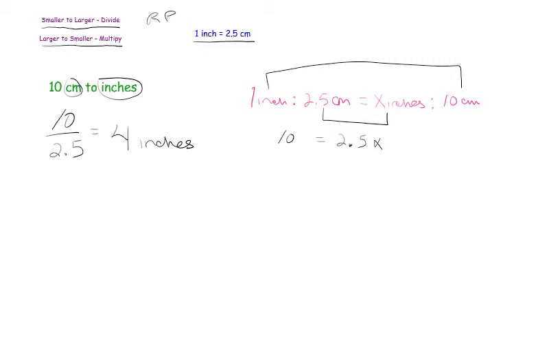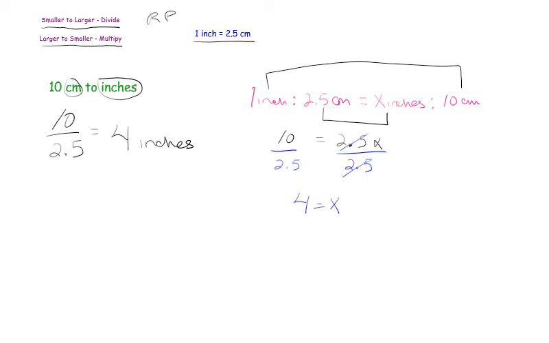Make sure you can actually see your decimal point. Okay, then you have to get x by itself. So what you are going to do is divide by the number that is next to x. So you're going to divide both sides by 2.5, because what you do to one side of the equation, you must do to the other side of the equation. Okay, so these two cancel out. And again, when you divide 10 by 2.5, your answer is 4 is equal to x,